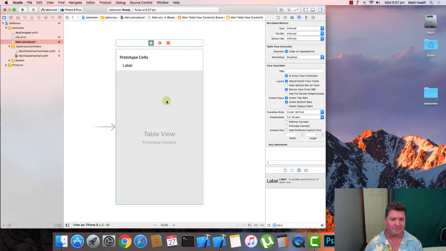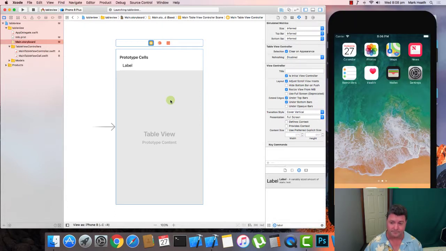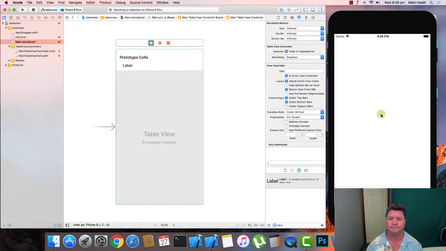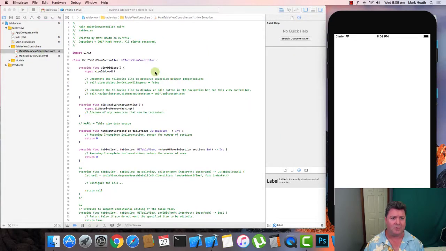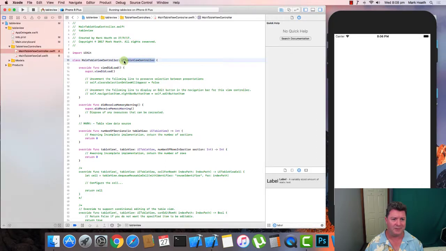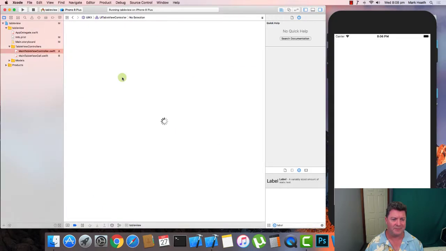I'll just save that, and I'll just run it now and make sure it's going pretty well. Okay, so we've got everything happening, and we're all happy with that. So let's look at the table view controller. Now you can see here it's a subclass of the UITableViewController. We'll just have a quick look at that by holding down Command and clicking on it. We'll jump to the definition,